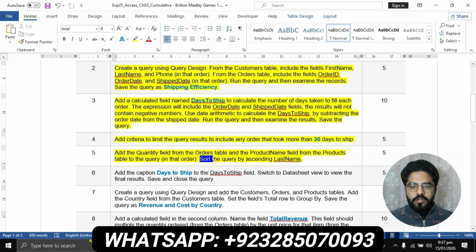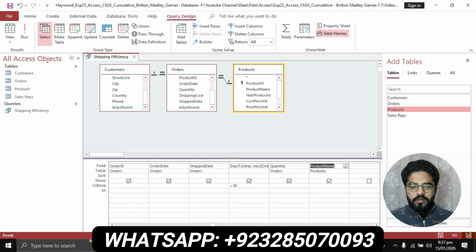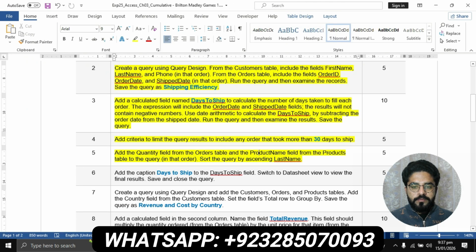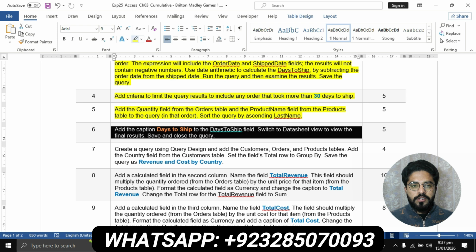and sort the query by ascending last name. Then sort this query by ascending by last name. In this you will have to select the ascending. Question number 5 are completed. Now we'll move to the question number 6. Question number 6 is